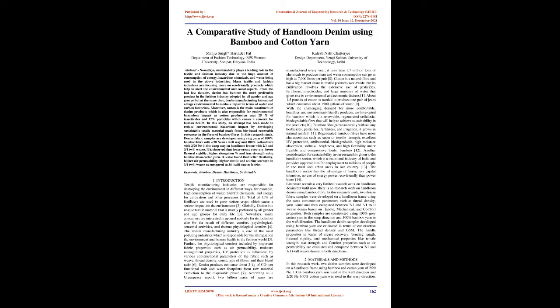In this study, an attempt has been made to reduce environmental hazardous impact by developing sustainable textile material made from bio-based renewable resources in the form of bamboo fibers. In this research study, denim fabric samples are developed using ring yarn of 100% bamboo fiber with 2/20 Ne in the weft way and 100% cotton fiber with 2/20 Ne in the warp way on a handloom frame with 2/1 and